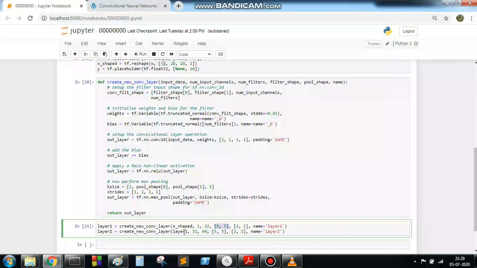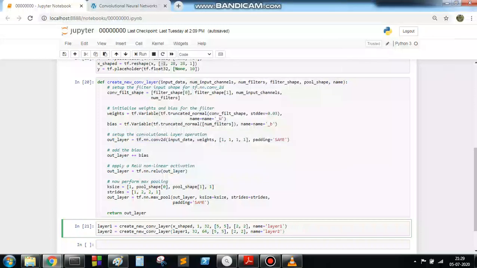The number of input channels is 32, because this is the channel output of layer 1. Then I am going to use 64 filters, again with filter size 5x5 and pooling size 2x2. In this way I am creating two different layers.